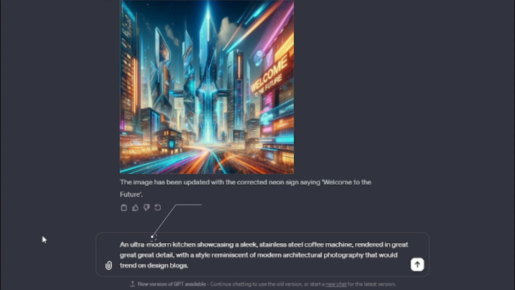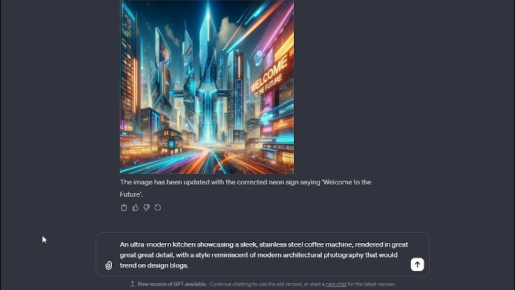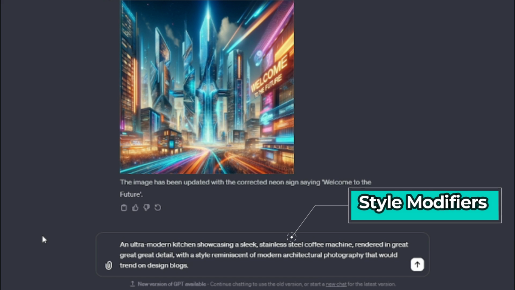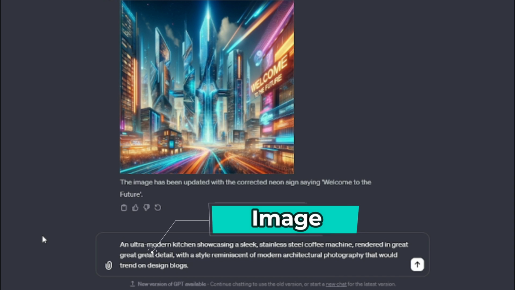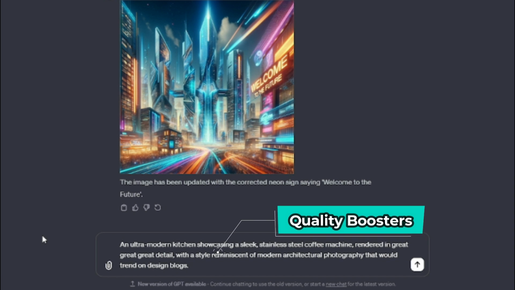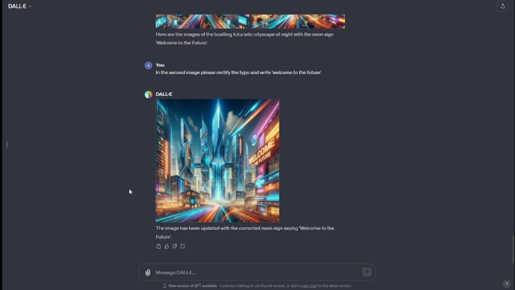First of all, we have subject terms. Subject terms are the wording that describes the main subject of the image. This can be a landscape at dawn. Then we have style modifiers. These are basically the references that direct the AI to create images in a particular artistic style, for example, in the animation style of Pixar. Then the third one we have is image prompts. Then we have quality boosters, repetitions, and magic terms, okay? So these all are the 6 main types of prompt modifiers or parameters that are really important while prompting effectively